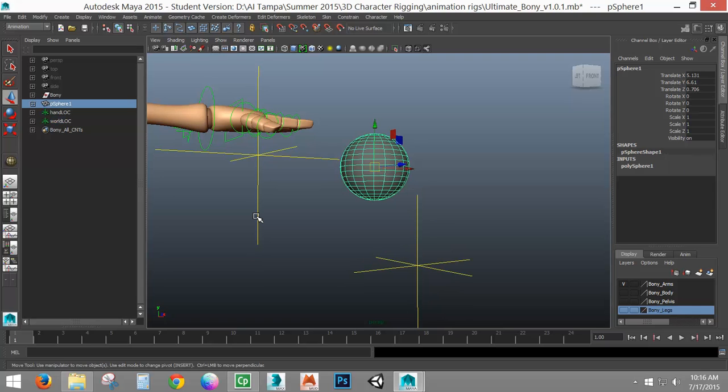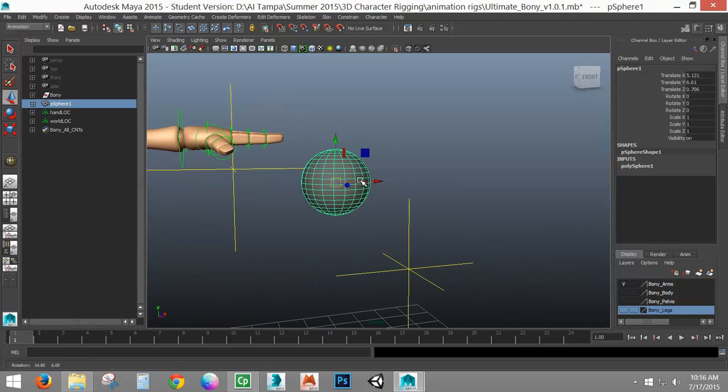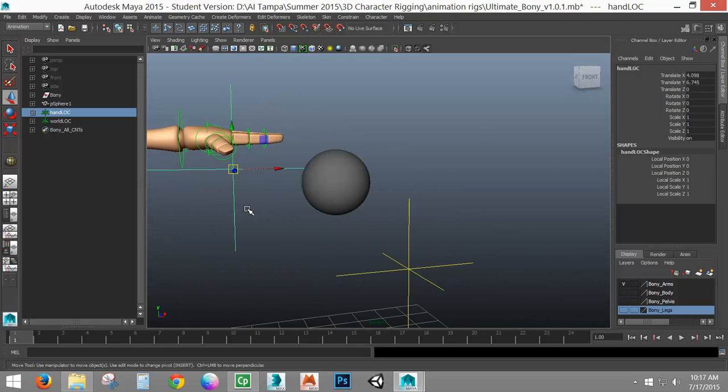So my default sphere right now, the pivot point is in the center of the sphere. You know, works great, that's perfectly fine. But let's say you had a sword that your character is going to be holding. You need to make sure that that pivot is where the character should be holding it, so the handle of the sword. Aligning your pivot into that place. Because when this constraint is applied, this object is going to literally jump to its target based on the pivot of the object and the pivot of the target.